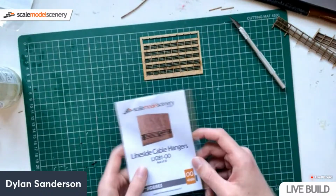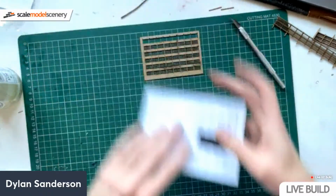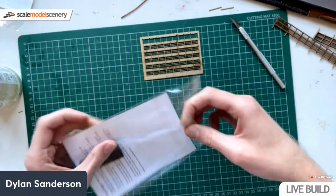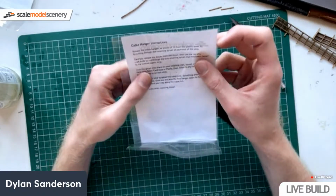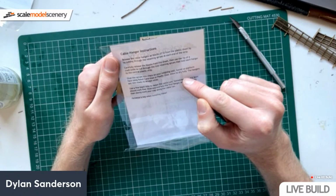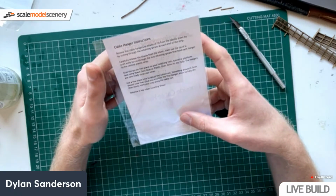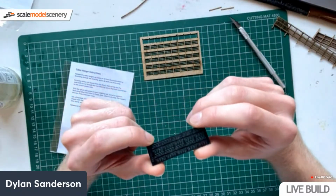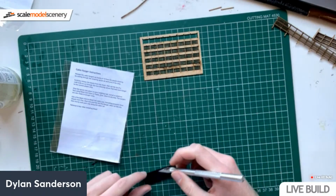This version, which is LX281 as opposed to LX282, is, once I get the instructions open, we'll have a look. It does say what they're made from, like a plastic. See if I can read. No, I think it's actually laser cut from some kind of plastic, which I've never seen before. This is new to me. This is very new to me. Okay. I've never seen this material before, but